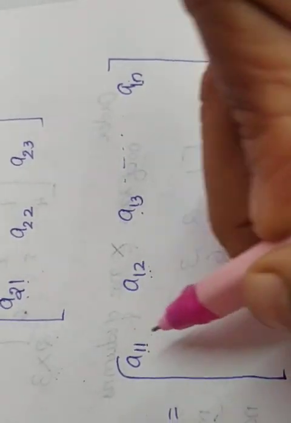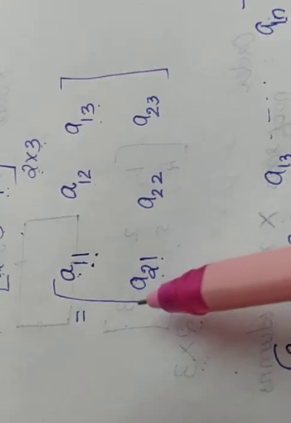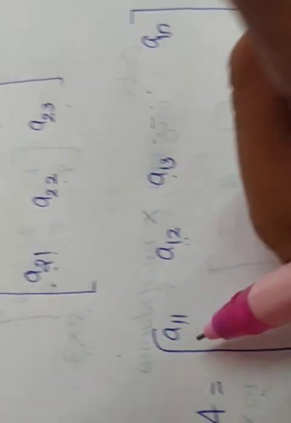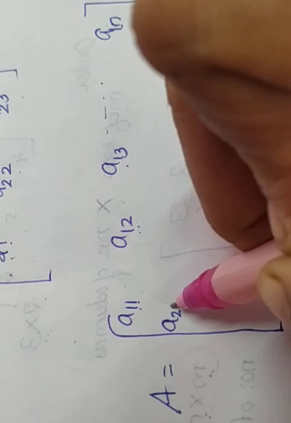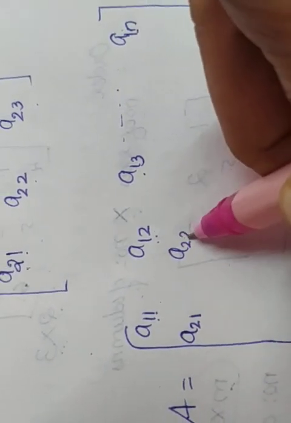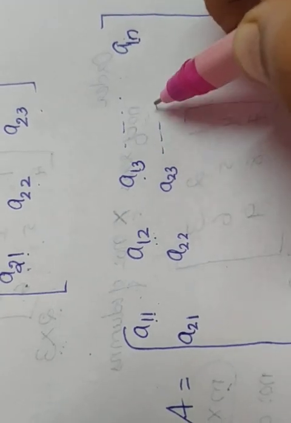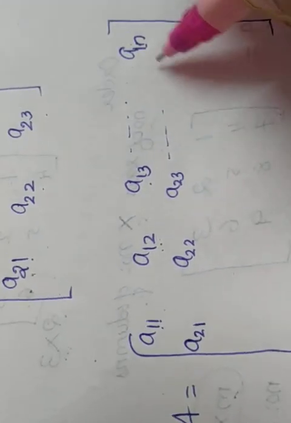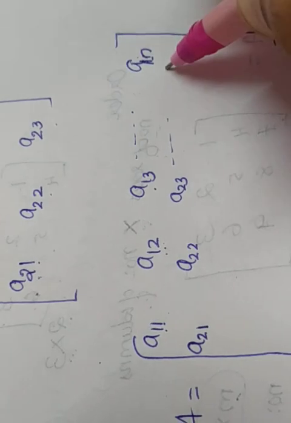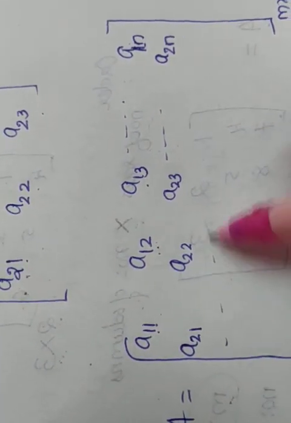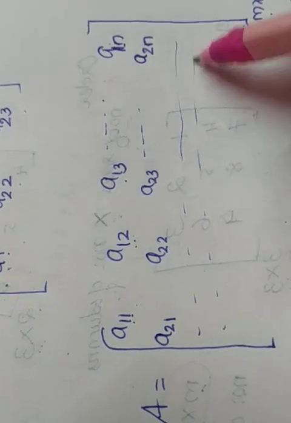So I am moving to the second row. Second row, how will we write? Just look at the example. It is 21, 22, 23, like that. Same way here also: A21, second row, first element. A22, second row, second element. A23, second row, third element, etc. Etc. means there are many elements, we are not writing them all. And the last member will be A2N.